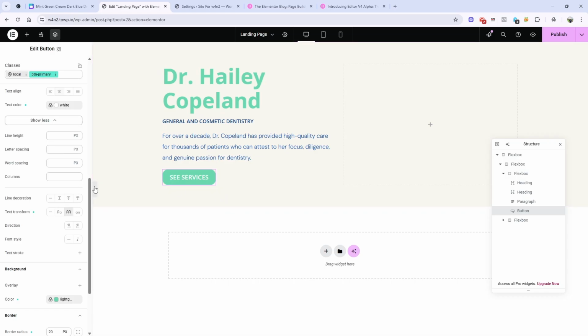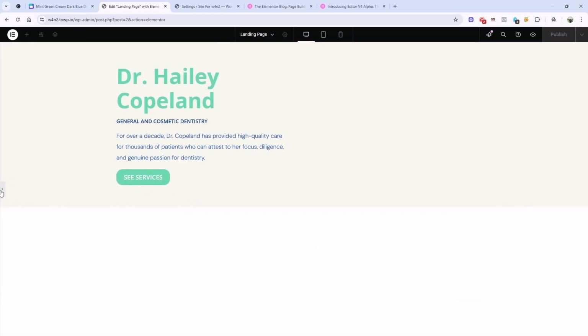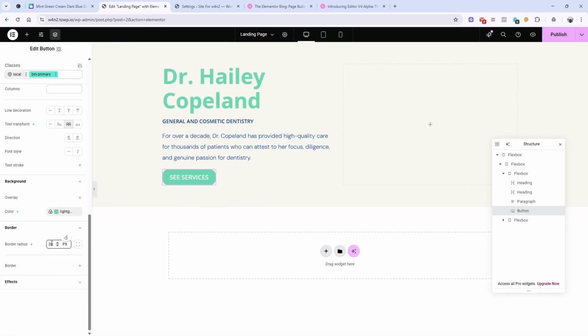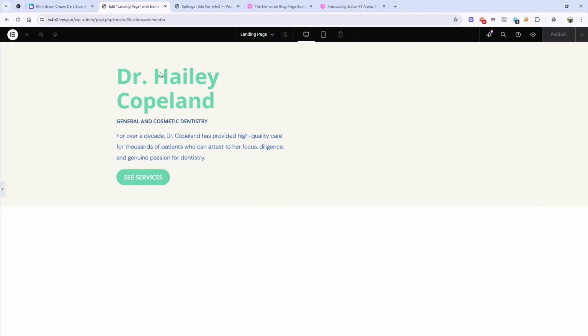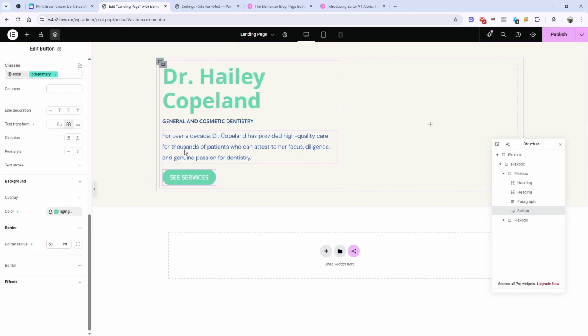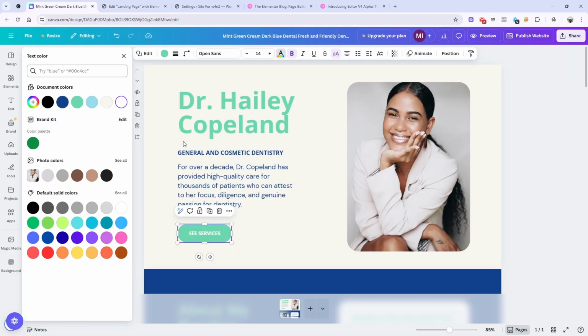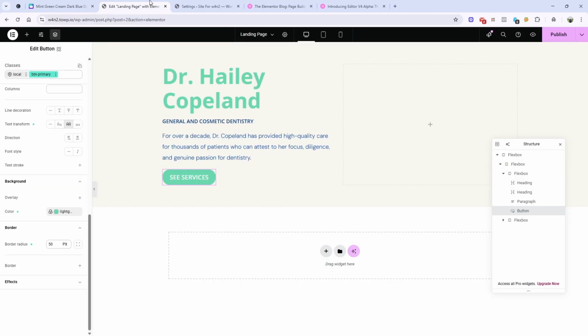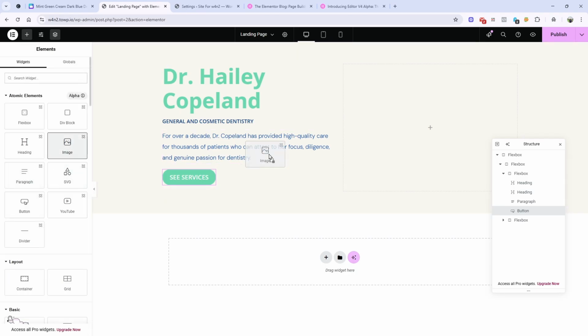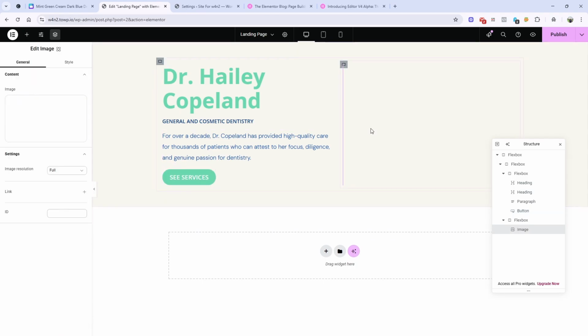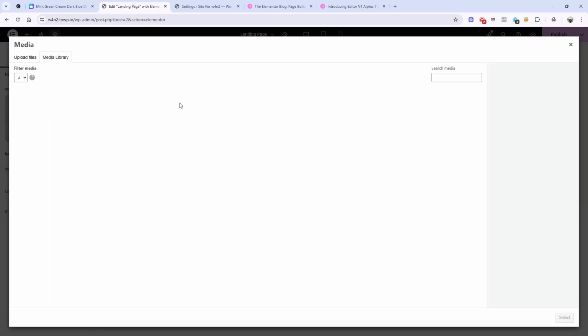Okay, so this is how it looks now. Maybe we need more rounded corner, so I'll go for 50. Okay, so this is how it looks now. Cool. And yeah, so the left column is now done, and for the right column I'll need to add image. So let's drag image widget. From here select the image,